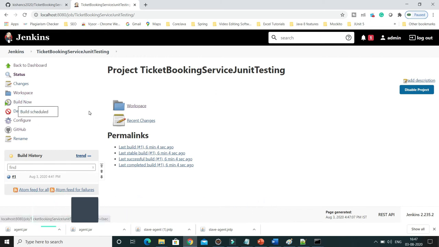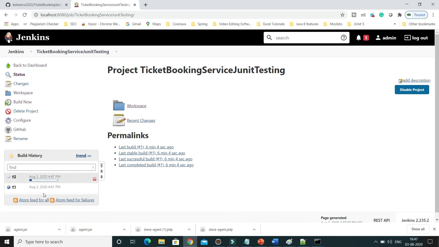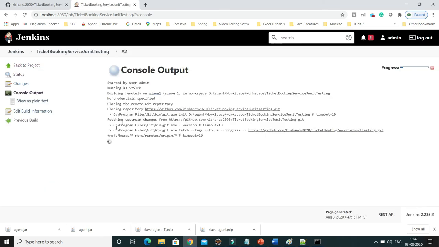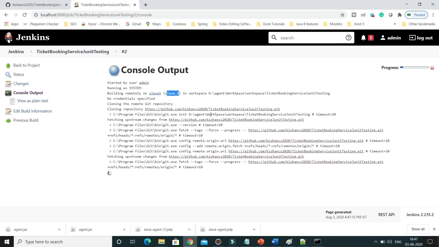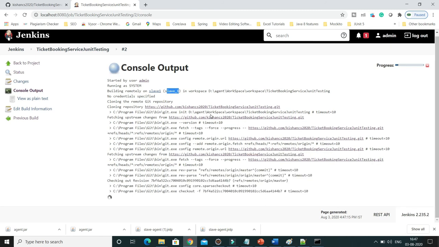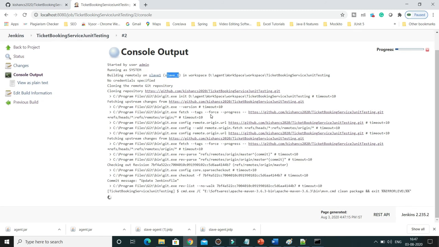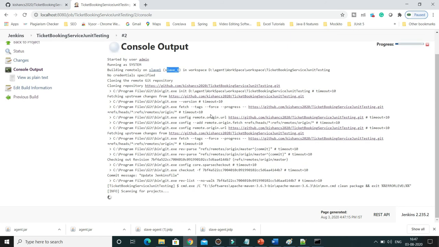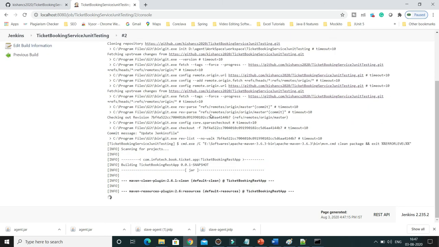Let's see what happens. The build has started, and here you can see my job is now running on slave 1, which we have just created. In that way you can do a kind of distributed building operation. You have a master node, and the master can have any number of nodes.